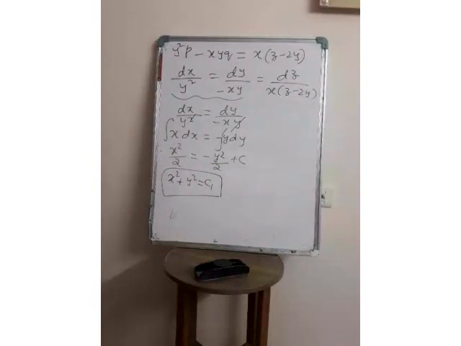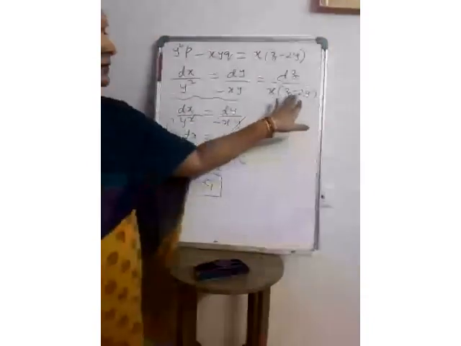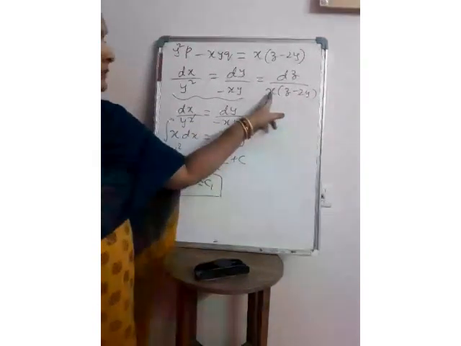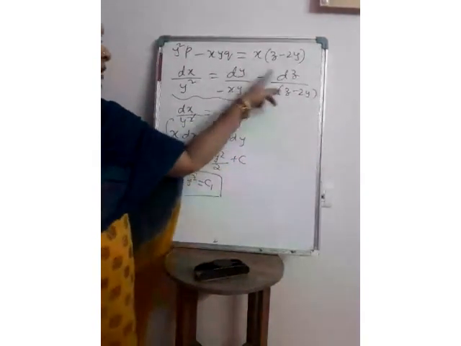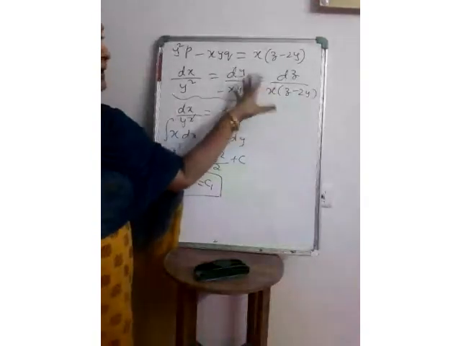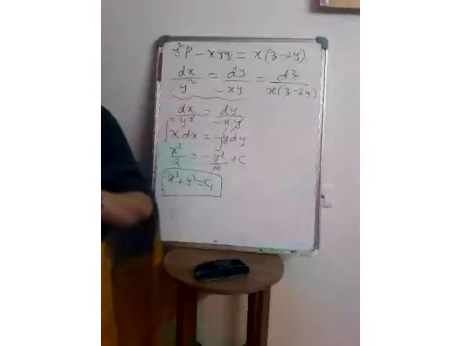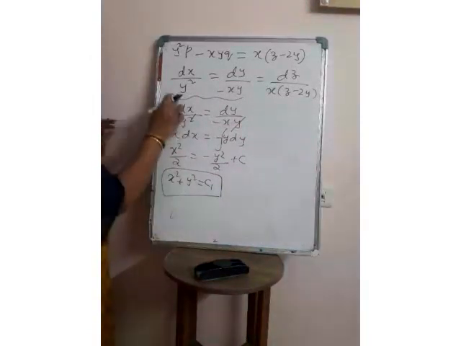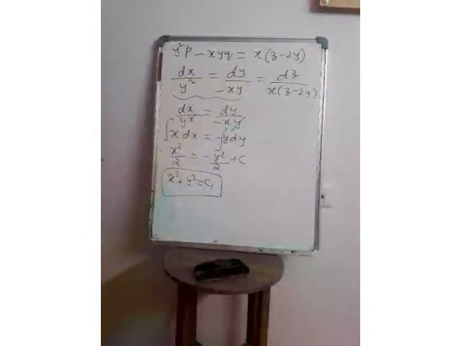And if you observe here, to take the second combination, maybe it is not possible because we have a combination of z and y which cannot be separated in dz. So in that case, since we can eliminate x over here, I will take the combination of dy and dz. First I'll eliminate x. And the remaining terms, we will rearrange in such a way that it can be integrated completely. So if you complete this part, I will continue here again with the second part of the solution. First you complete this first part of the solution, x square plus y square equal to c1.